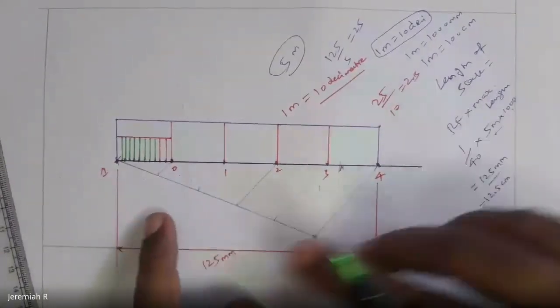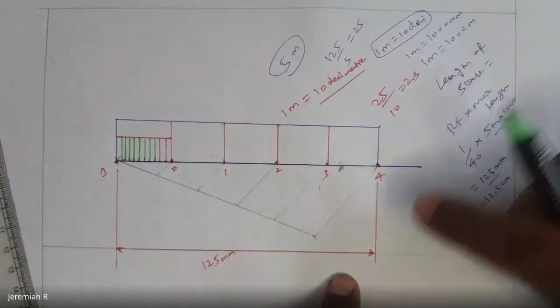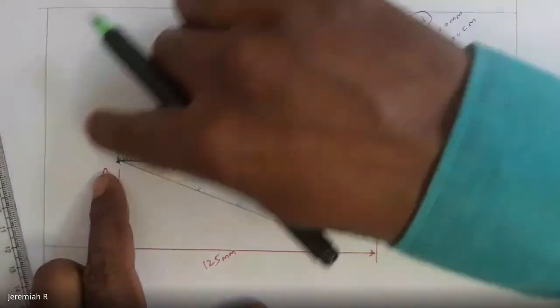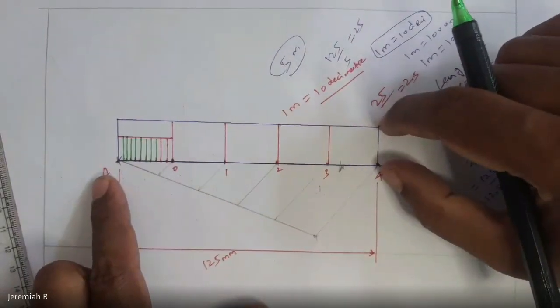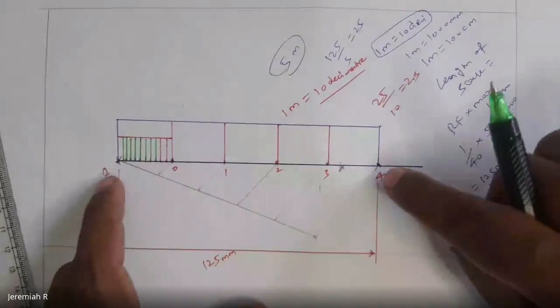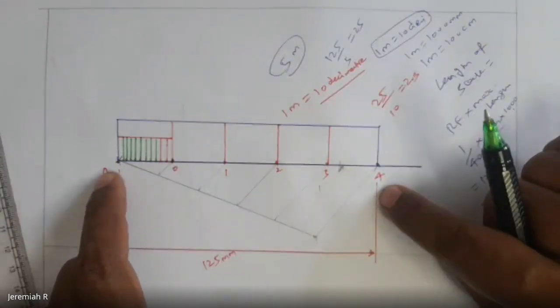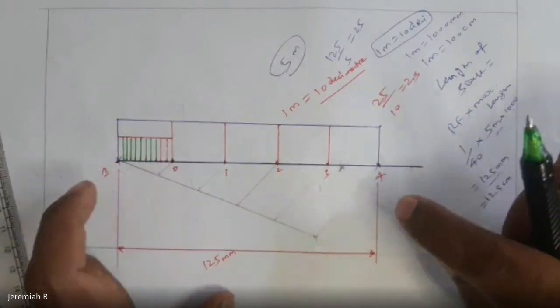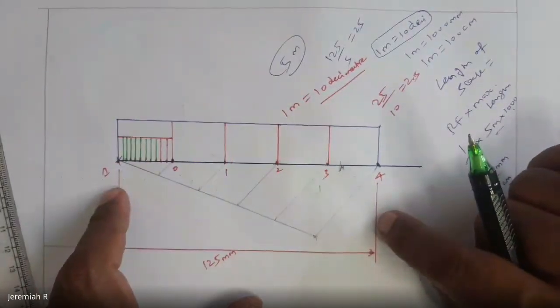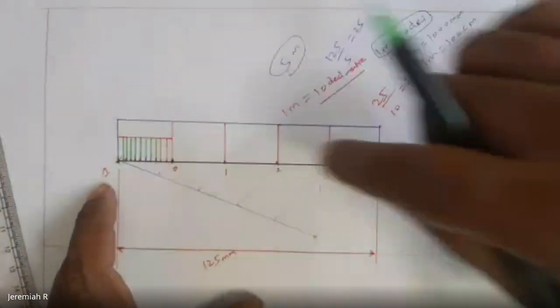So, still now, is there any doubt? So, what we have done? Draw a horizontal line with the value equal to the length of scale, 125, and make a box, maybe 20 or 30, make a box. If the maximum length is 5, we have to divide this into 5. If the maximum length is 10, we divide by 10. If the maximum length is 20, you divide 125 by 20. So in our problem the maximum length is 5, so 125 by 5, we divide into 5 equal parts.